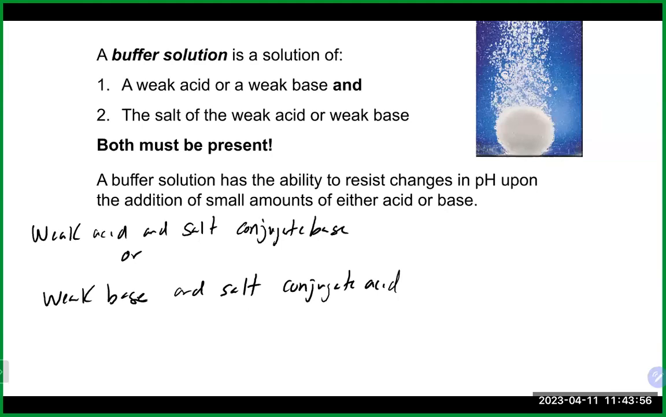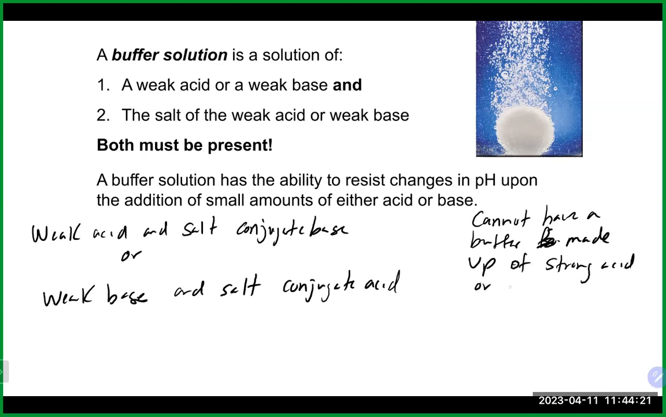And that is really why it has to be a weak acid and its conjugate base, or a weak base and its conjugate acid. You cannot have a buffer that is made up of a strong acid or a strong base. So you cannot have a buffer that's made up of a strong acid or a strong base. And it's really for this reason. As it says here, they both have to be present in the solution in order for a buffer to work